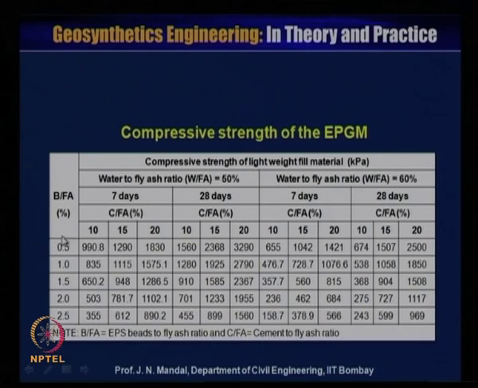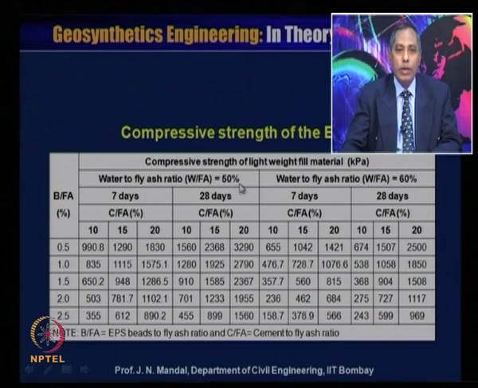This is the beads to fly ash ratio 0.5, 1, 1.5 to 2.5%. This water to fly ash ratio is 50%. For 7 days, the cement to fly ash ratio is 10. You can see the compressive strength value of EPGM